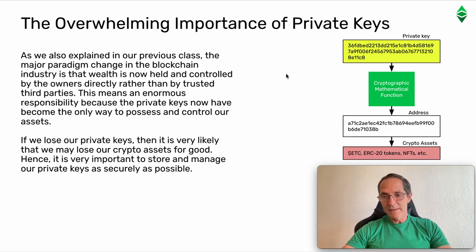So as I explained in the previous class and in the first class, this is the private key. This is secret. You and only you have it in your possession, and nobody else has it in the world or in the universe. Through a cryptographic mathematical function, your address on the blockchain is generated. So this private key is linked to this address, and it's the only private key and way to control your address on the blockchain. This address is public, and under this address you have your crypto assets.